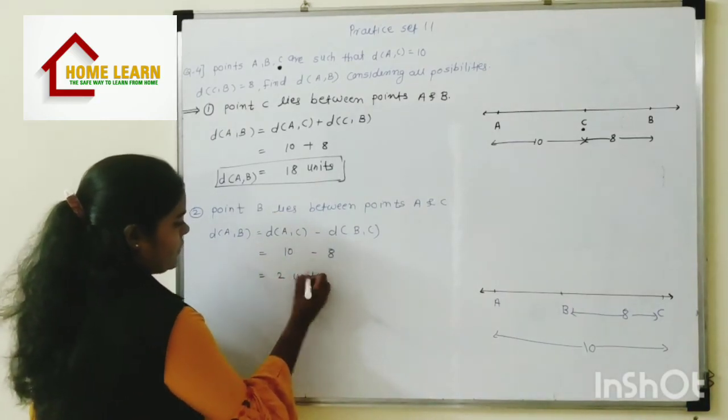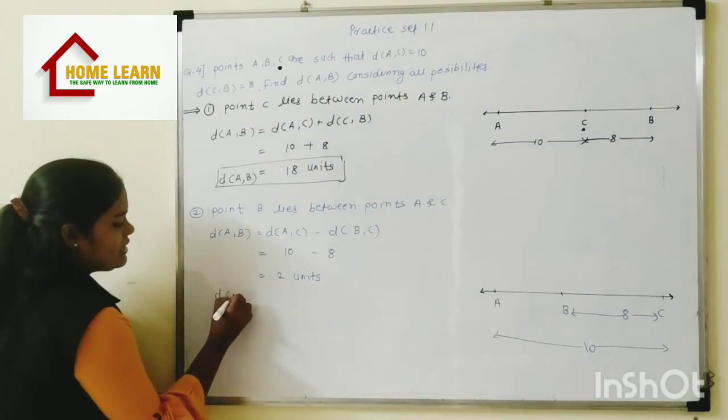So by the second possibility, the distance between points A and B